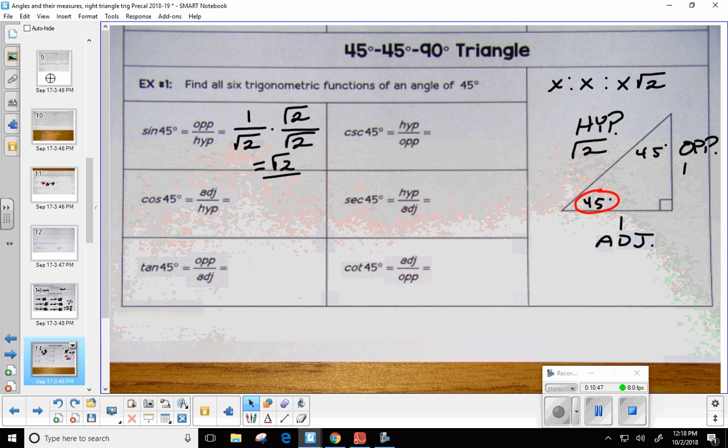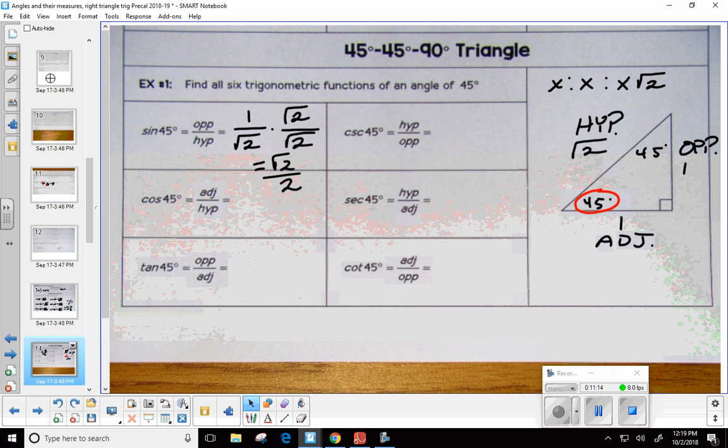And what's square root of 2 times square root of 2? The square root of 4, which is 2. See, that's the point. We want to multiply to get a perfect square root in the denominator so that we can simplify that. So the sine of 45 would be the square root of 2 over 2. There you go. Okay. Now, like I said, let's go sine, cosine, tangent, and then we'll worry about these new